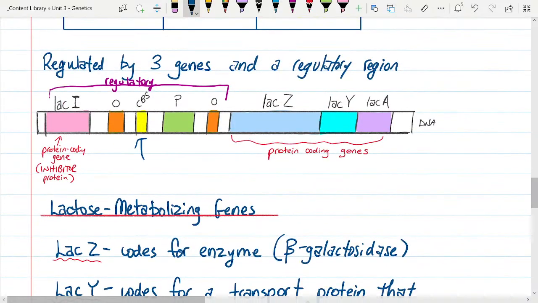Right here, that is the cyclic AMP binding site. So this can also be called sometimes the CAP site. We'll get there. They're all involved. You'll see, when we actually animate it. The operator, there are 2 places for operator binding, and then we know what a promoter does, right? The promoter is where